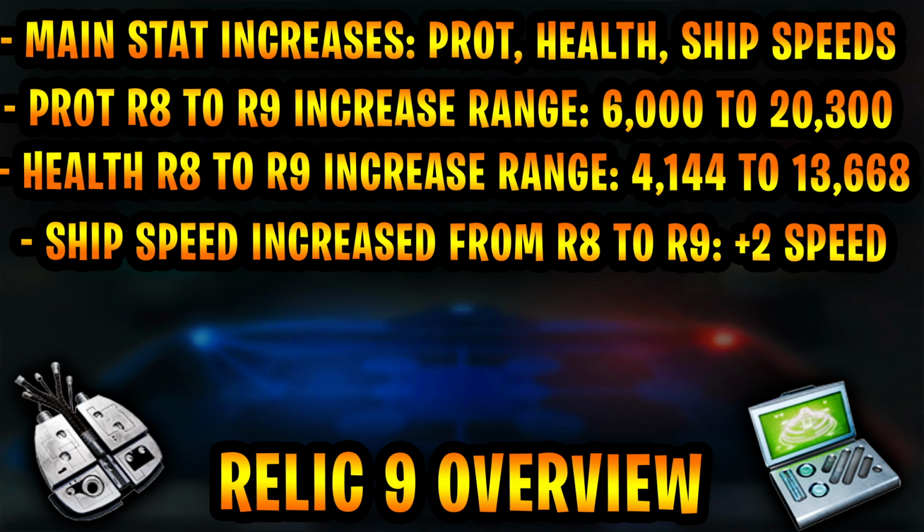Protection increases. In general, we're seeing about 6,000 to even 20,300 increases from going from Relic 8 to Relic 9 for protection. And really, the tanks are getting the biggest update here. Things like Jedi Master Luke Skywalker, Royal Sausage, Darth Malak, the list goes on and on, are getting over 20,000 protection added, which is pretty huge, especially when you consider unique abilities and mods coming into the equation. Health, definitely notable here. Most characters are getting a bump anywhere from 4,144 to 13,668 health increases from Relic 8